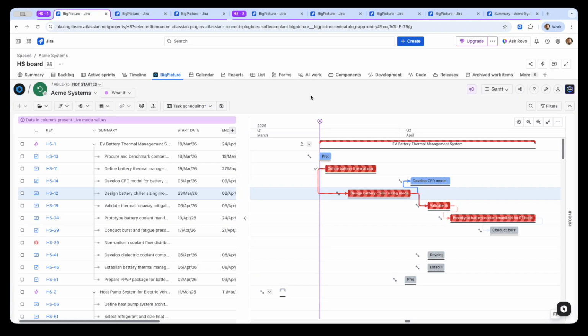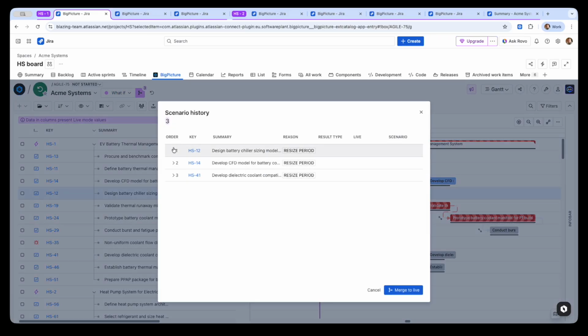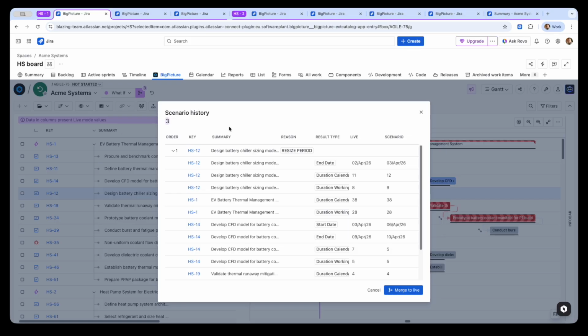Now, we have a sandbox in which to make multiple changes without affecting Jira until we're ready. As I model out a few updates, I can see the full scope held in reserve and inspect all of the associated pending edits. I can now apply these all at once by submitting Merge to Live or leave them aside to finalize later.